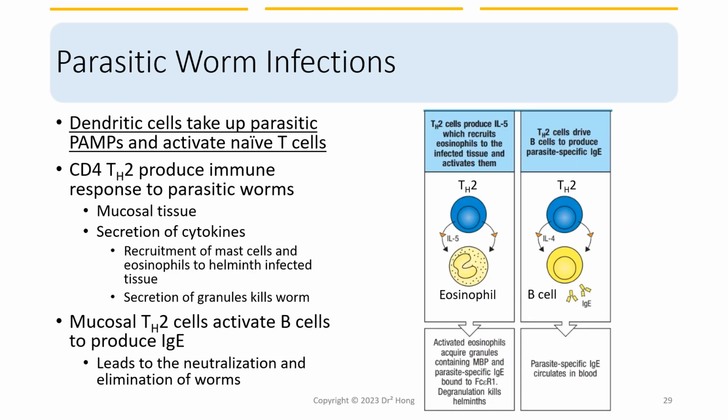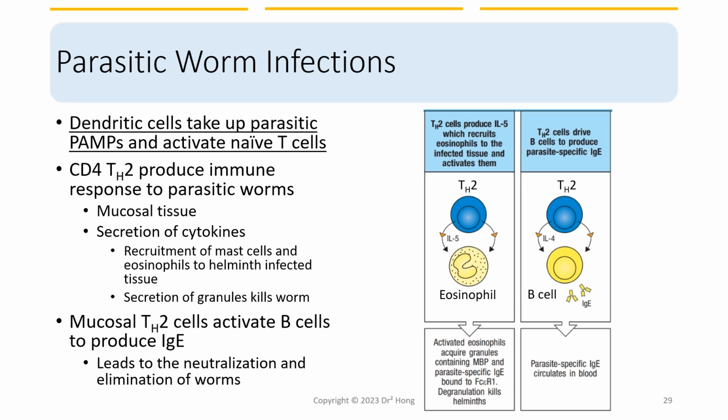During a parasitic worm infection, dendritic cells take up parasitic PAMPs and activate naive T cells. Th2 helper cells play a crucial role in producing an immune response to parasitic worms. They produce IL-5, which recruits mast cells and eosinophils to parasite-infected tissues and activates them to release granules to kill the worms. Th2 also drives B cell activation to produce more